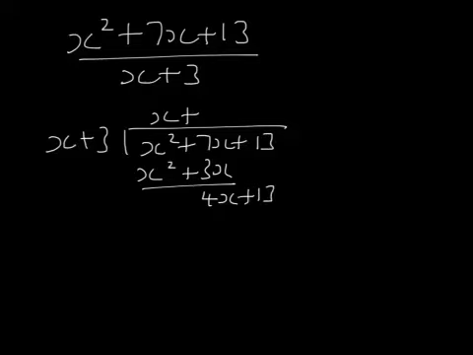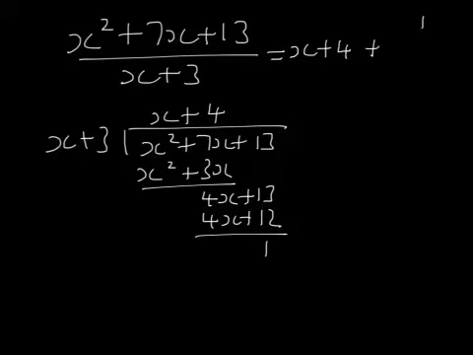X into 4x is 4. 4x plus 12. There's a remainder of 1. So the answer to this is that it's x plus 4, and then it's 1 over x plus 3. Why is it that? Because the remainder is 1, and it's 1 divided by what you're dividing by, if that makes sense. So in the same way that